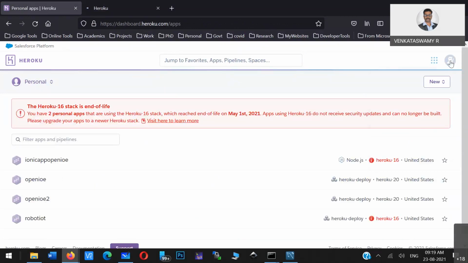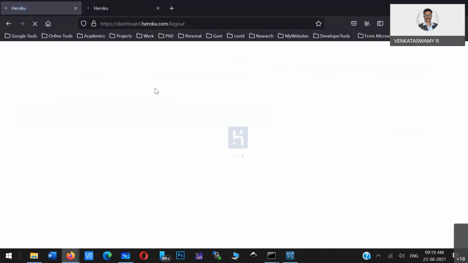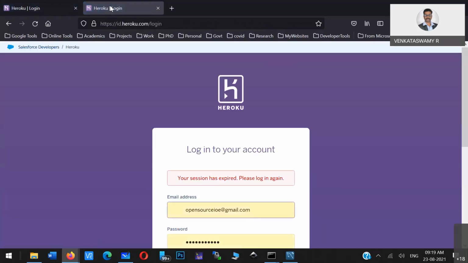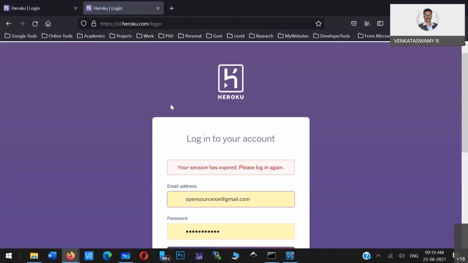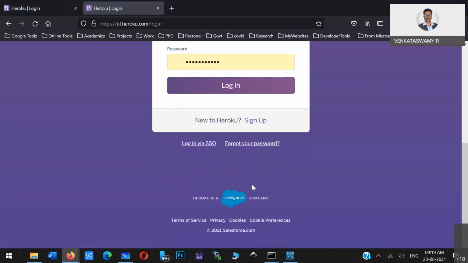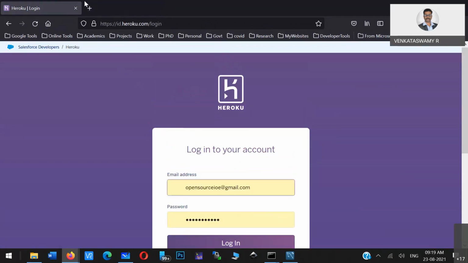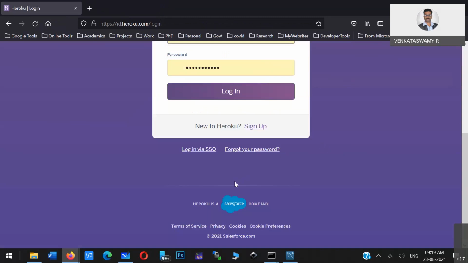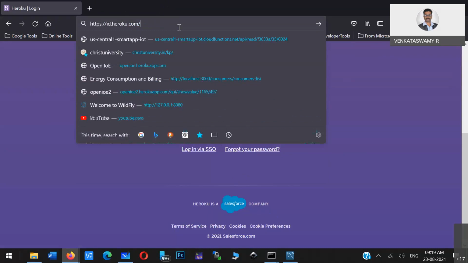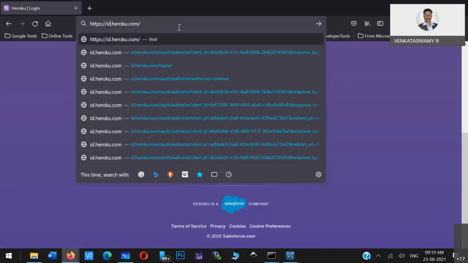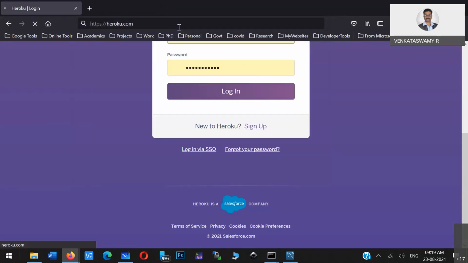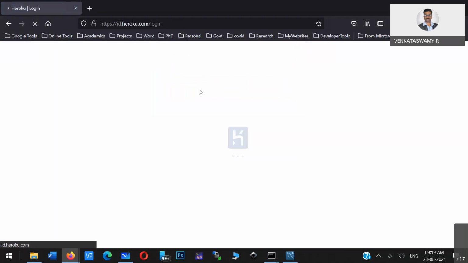Anyway, to avail the services of this Heroku website, you just have to register in heroku.com. It's a simple registration.